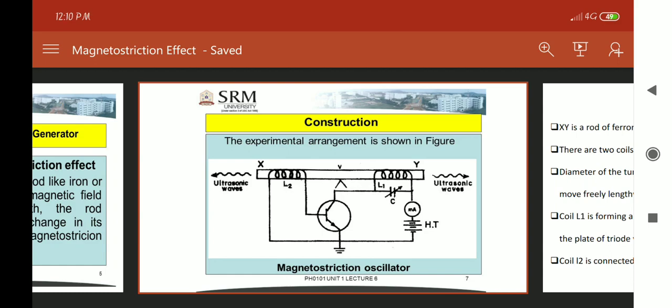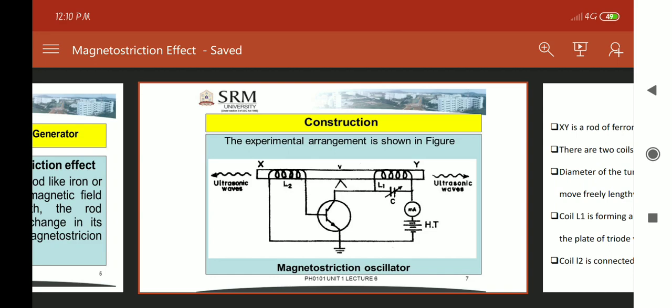The variable capacitor C is adjusted in such a way that the maximum alterations are produced. So in this way, the frequency of the oscillatory plate current will be equal to the natural frequency of the rod. Hence, the vibrations are most intense and ultrasonic waves are produced.